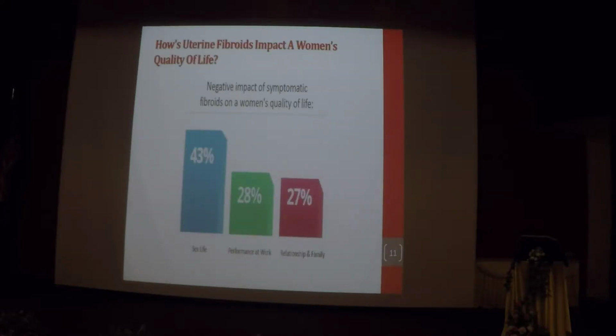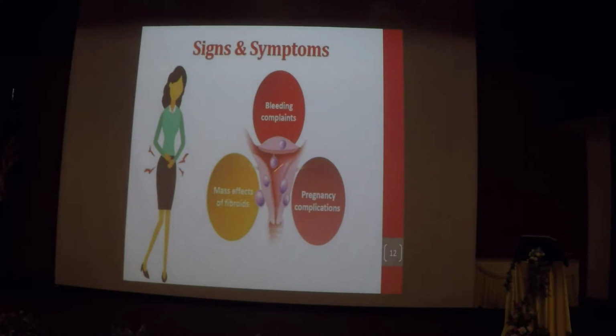Because of the symptoms, it can give rise to pain, abnormal menses, and anemia, and it also affects their quality of life. A lot of women suffer in silence, and they may not come to see us until they have a lot of problems. So basically, the signs and symptoms of myoma can be divided into bleeding complaints